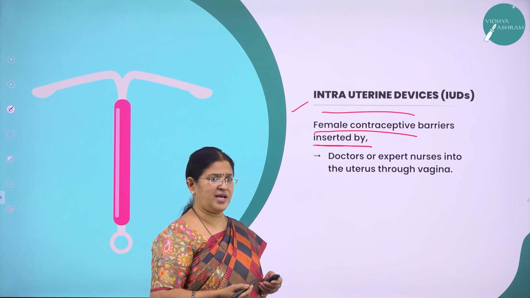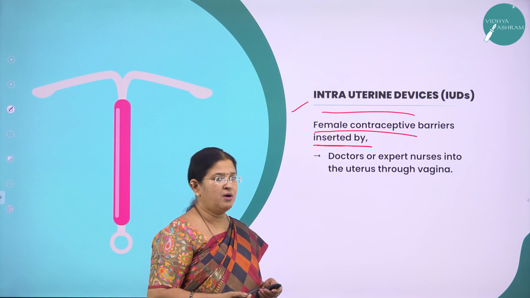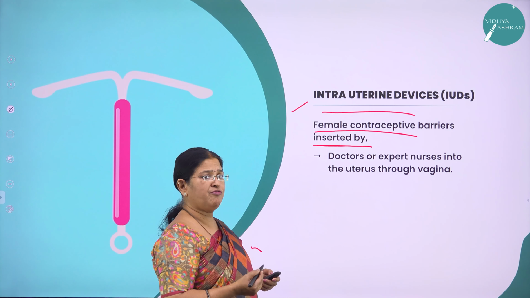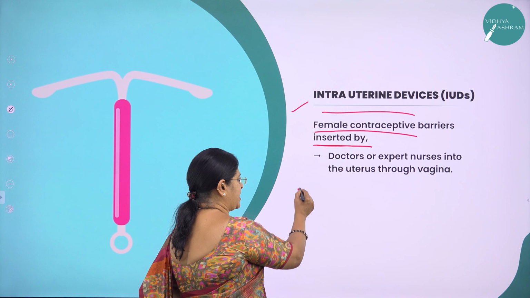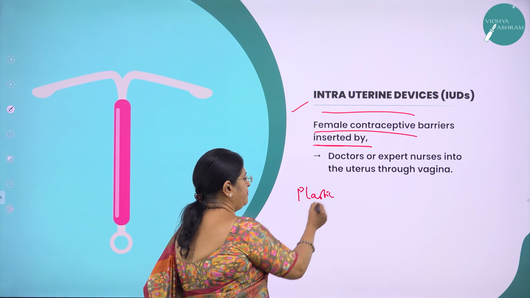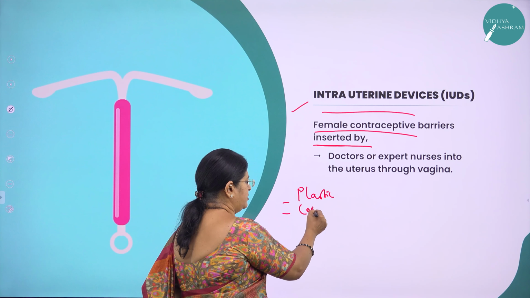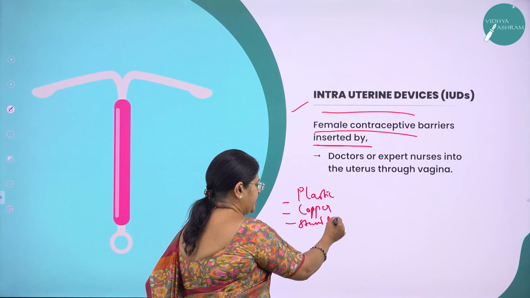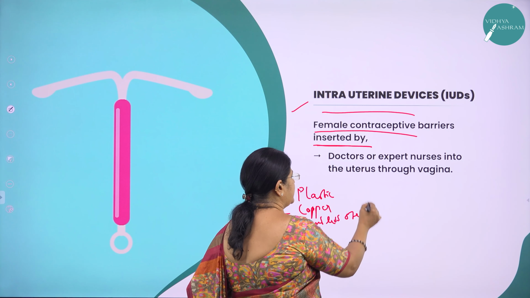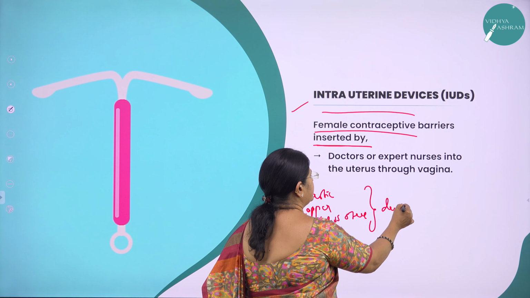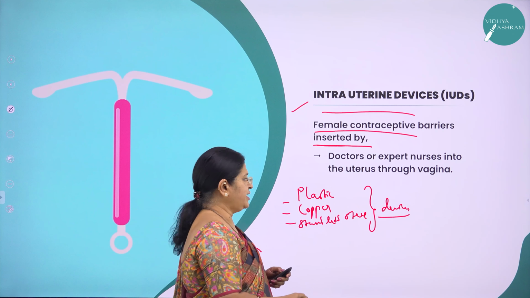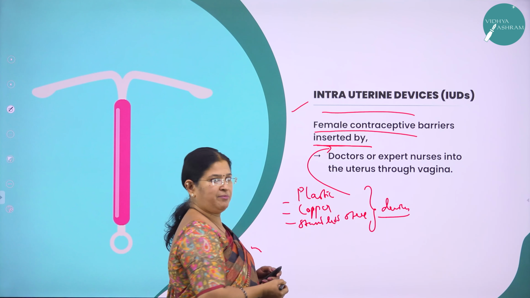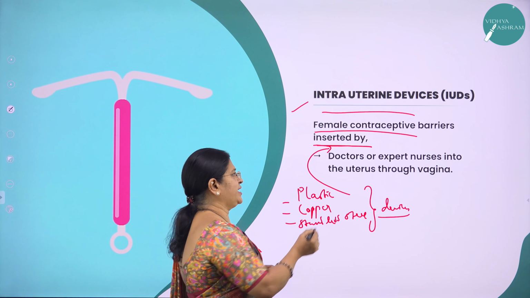So these are devices either in the form of loop, ring or spiral, made up of either plastic or copper or stainless steel. These are called intrauterine devices, which need to be inserted into the female particularly by expert doctors or expert nurses